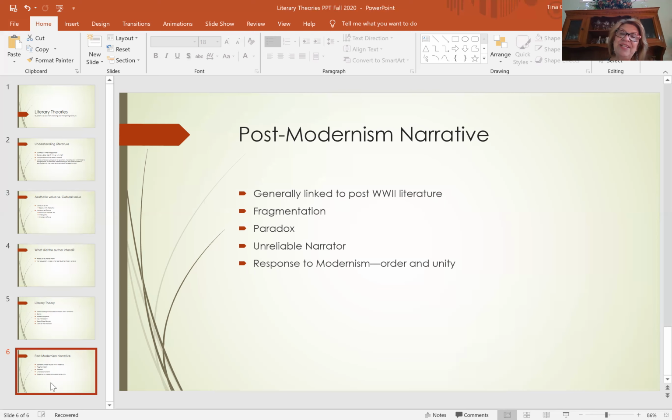Okay, so understanding, we are not looking for one meaning. We are looking at several types of understandings, several pathways into literature that give us moments of understanding of our own experiences or perhaps experiences of others, and thereby increasing our empathy for others.